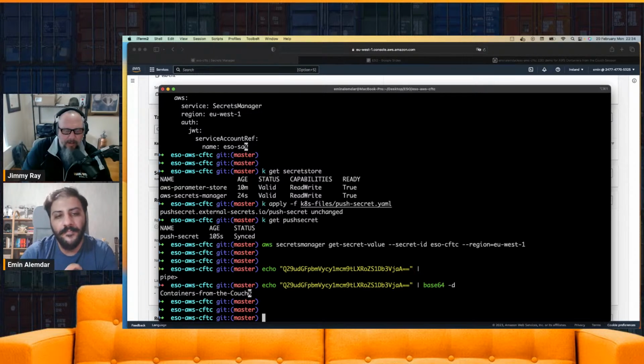So each namespace, or for that matter, could I have multiple? I could have multiple service accounts in the namespace as well. But at a minimum, I've got a namespace level isolation for permissions here. Yeah, definitely. You can have multiple service accounts. You can have multiple secret stores, and in multiple different namespaces. So that gives you the flexibility of managing all of that,